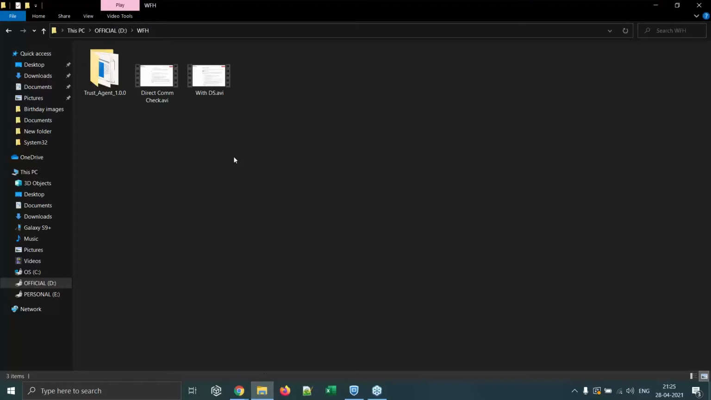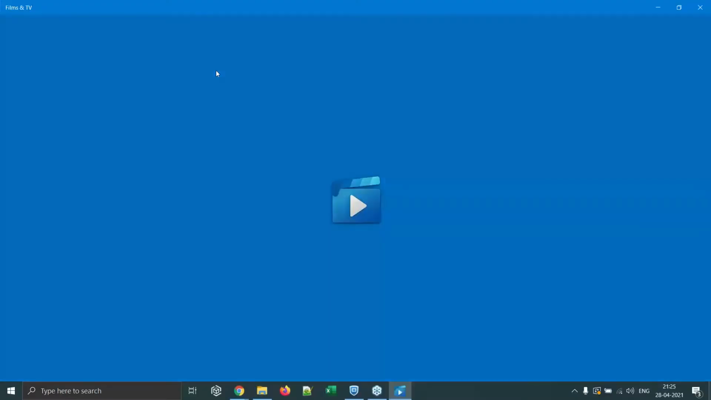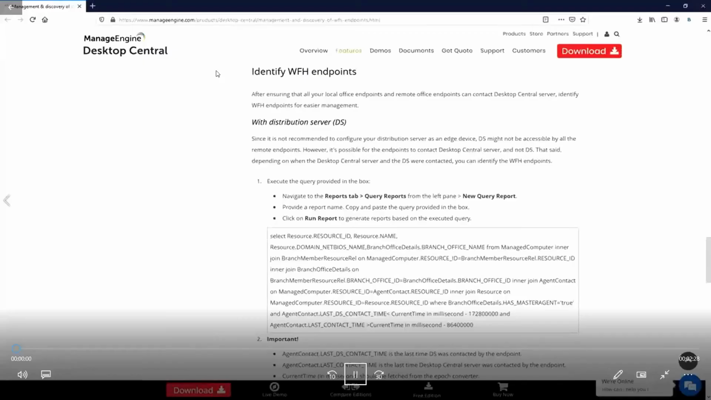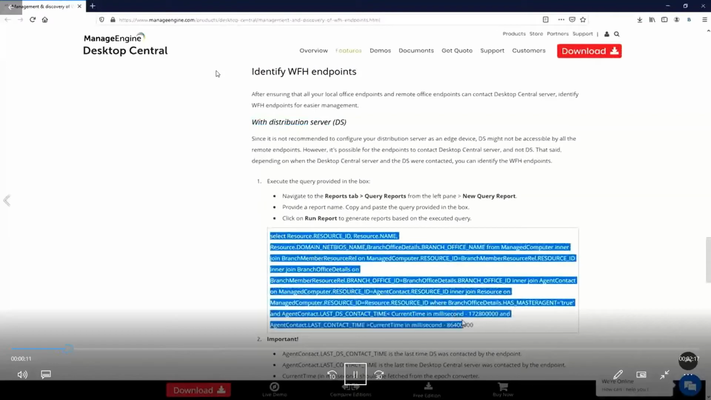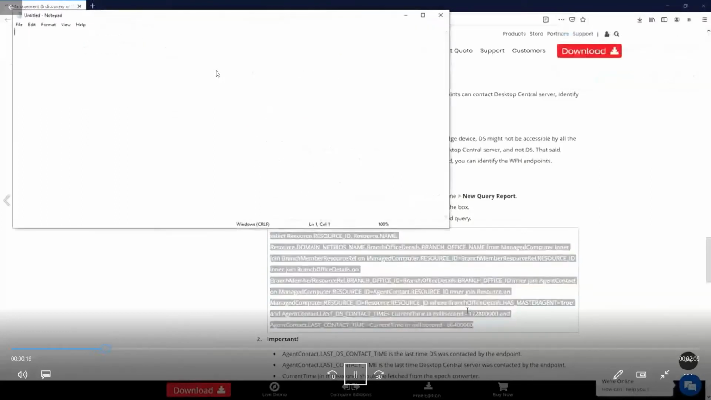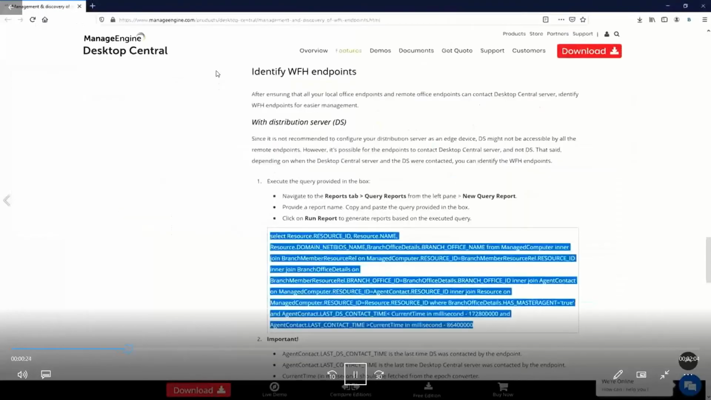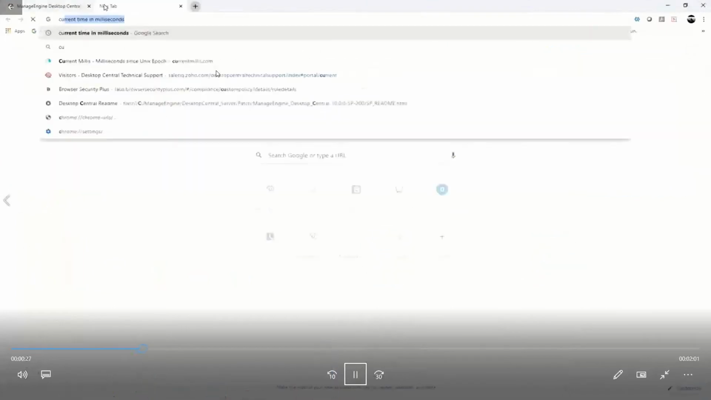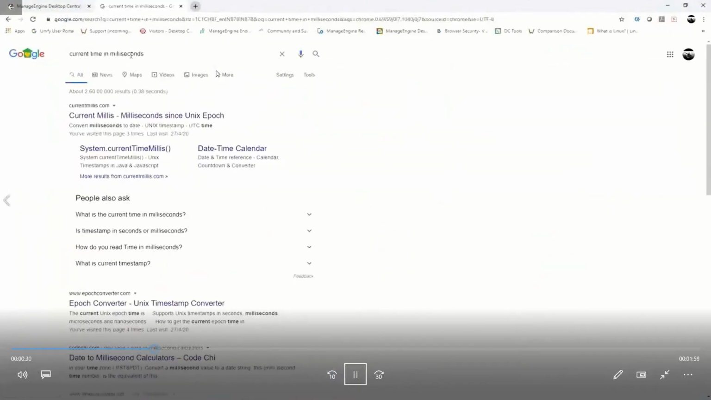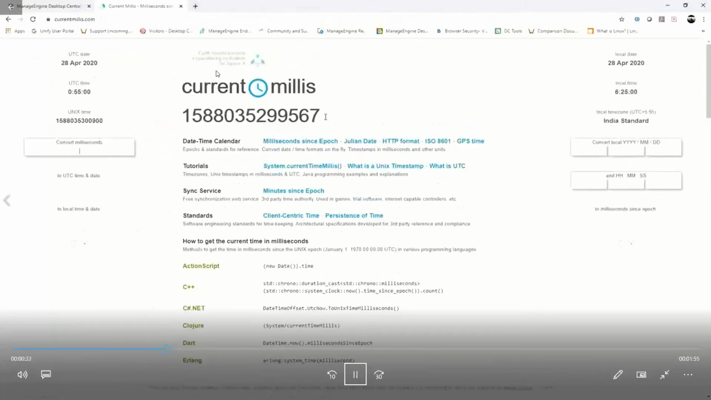Now, we have to find out the agents that are communicating via distribution server. On the same article, we have a script available. You just have to copy that script, paste it on a notepad, and then you have to find the current milliseconds time. You can simply find that out if you go to google.com, and then you can type in current milliseconds time. You just have to copy that,